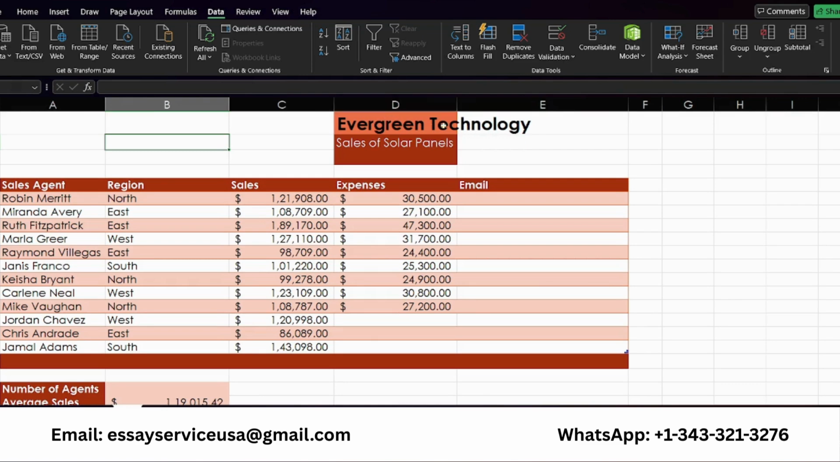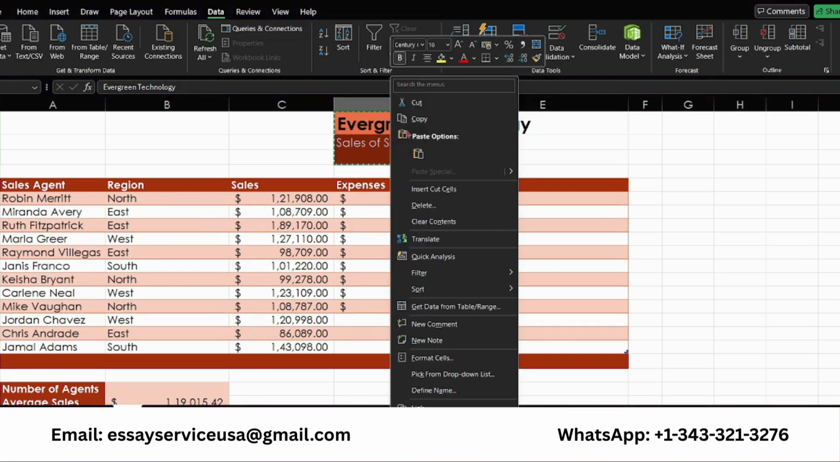Now I will select the range D1 to D3. I'm clicking and dragging to highlight these three cells. Next I will cut the selected data. I'm pressing Ctrl plus X, the shortcut key, or you can just right click and you see the cut